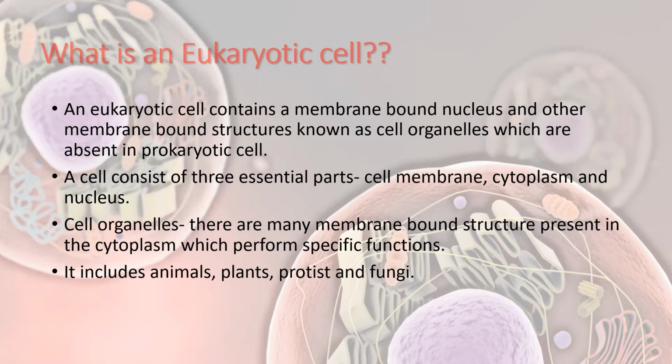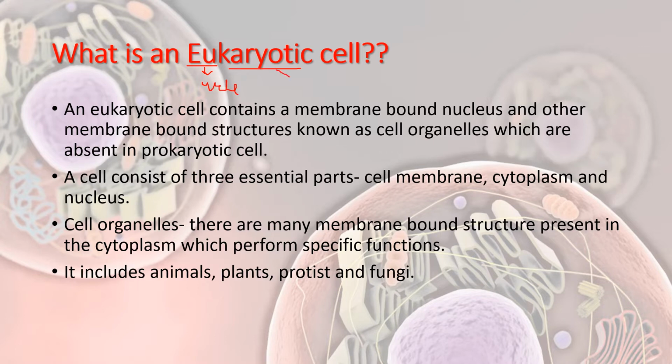So what is a eukaryotic cell? The word is taken from the Greek word where the prefix "eu" means well or good, and karyon means nucleus. The cell having a well-defined nucleus is known as a eukaryotic cell. So, a eukaryotic cell contains a membrane-bound nucleus and other membrane-bound structures known as cell organelles, which are absent in